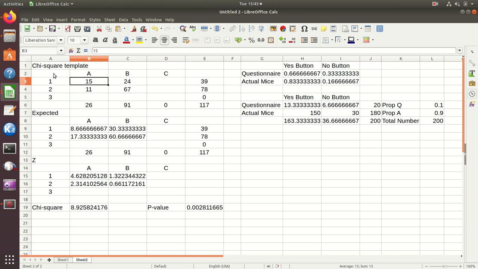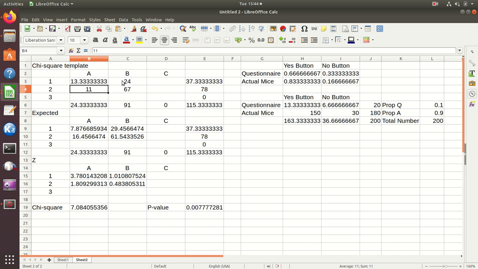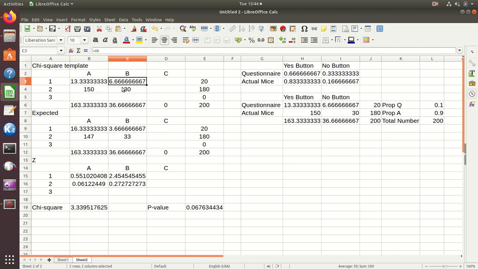But now, instead of that 15, what I want to do is put in that number. And so I'll just say equals, and I'll click on that number. Okay, and hit enter, and then I can copy that down here, and I can copy it over there. And now you see I have all my data right in my template, and there you go, there's my p-value